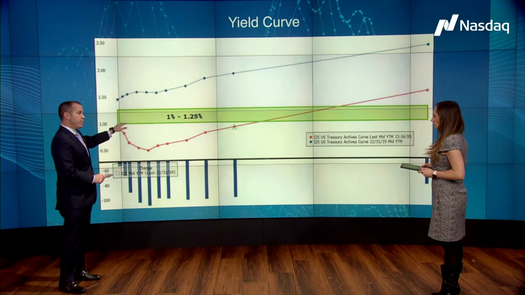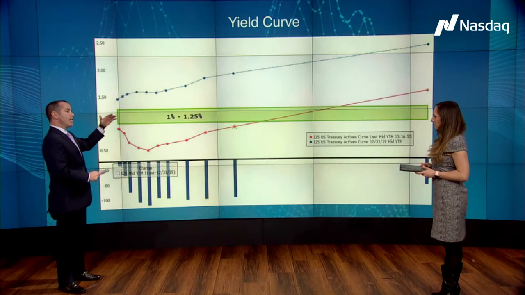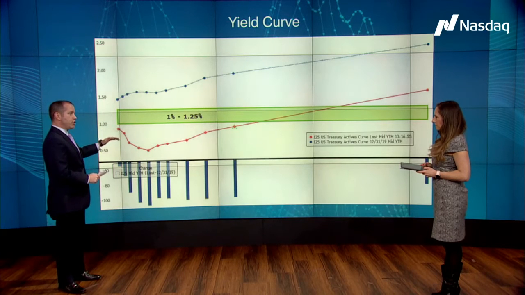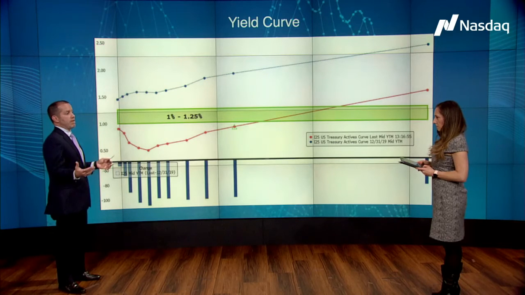The Fed just cut 50 basis points, and still every maturity, with the exception of the 30-year maturity, is below the lower bound of what they just cut it to. Futures are now expecting another 50 basis point cut at the meeting on March 18th, at least 50 basis points. And so it's now possibly getting towards a third. I think it's about 20% expectations for a 75 basis point cut.